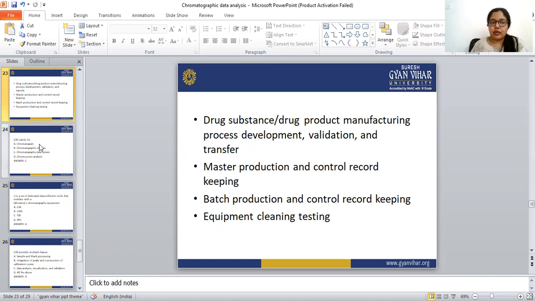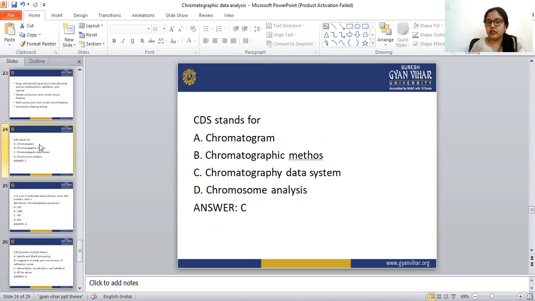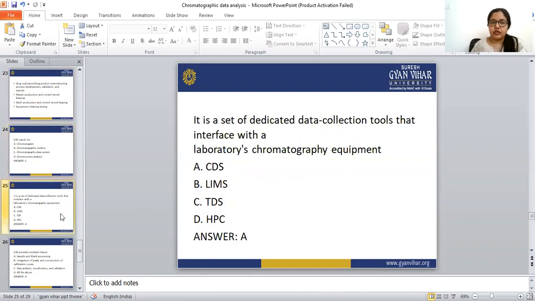Let's see some MCQs regarding this topic. CDS stands for chromatographic data system. Chromatographic data system is the correct answer. It is a set of dedicated data collection tools that interface with the laboratory chromatographic equipment.